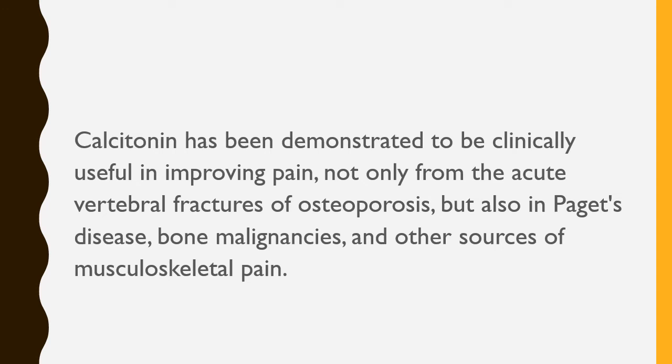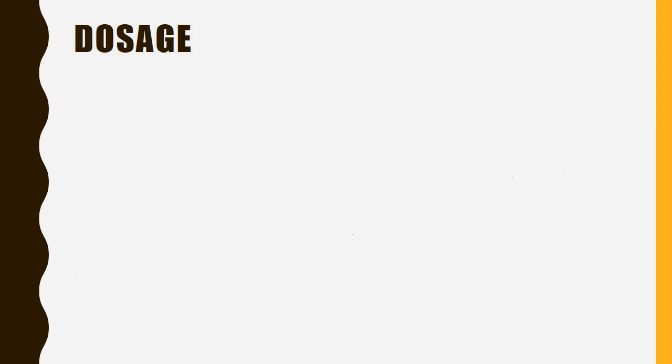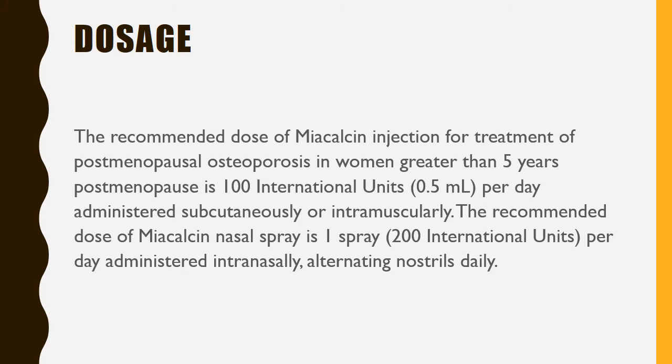Its use for treatment of osteoporosis, in other words, has declined. On the other hand, its use in treatment of pain from malignancies, from other sources of musculoskeletal pain, and from Paget's disease has been maximized. Dosage: recommended dose of